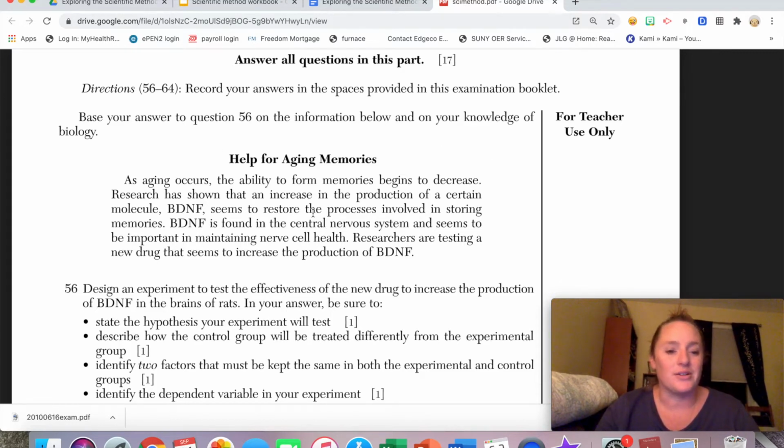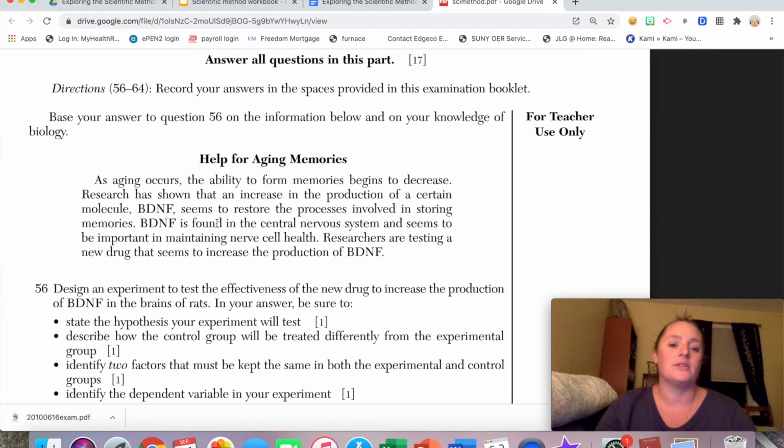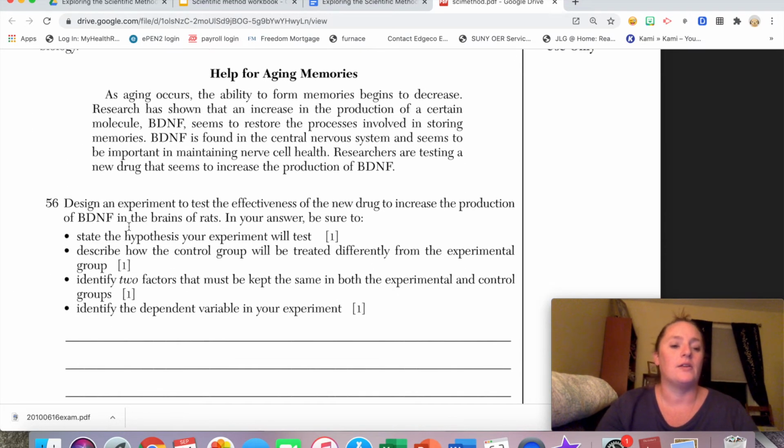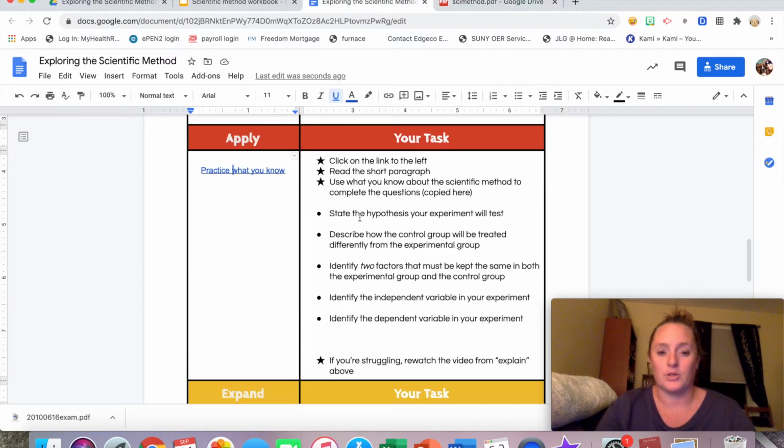A reminder, it doesn't really matter what BDNF is. It doesn't matter what it stands for. Think about how it fits into the scientific method, and then you're going to answer these 4 questions. Actually, I think I added a 5th question. So there's these 4 bullet points, but if you look in the document, I put the questions right there. Yep, state the hypothesis, describe the control group, identify 2 factors that must be kept the same, and then the